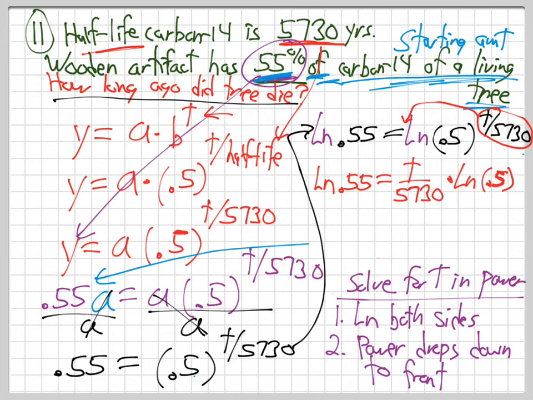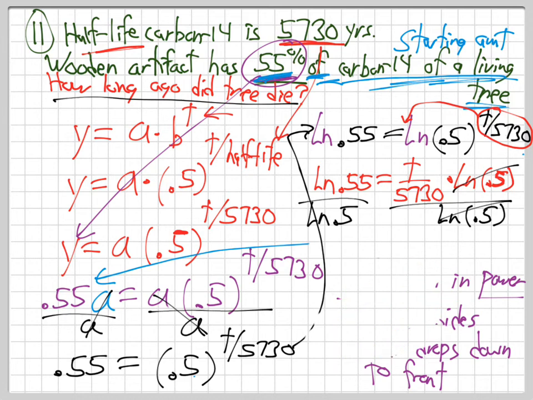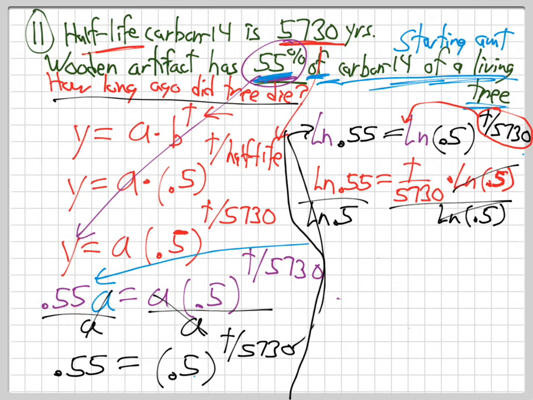Now that we got t out of the power, we just got to finish getting him alone. So let's divide both sides by ln 0.5. Boom, boom. I'm going to get this out of the way. Got a little more work to do here. Keep this all separate. Okay, so we've got now ln 0.55 over ln 0.5. These are gone. So let me scoot things to the right just a little bit. ln 0.55 over ln 0.5 equals